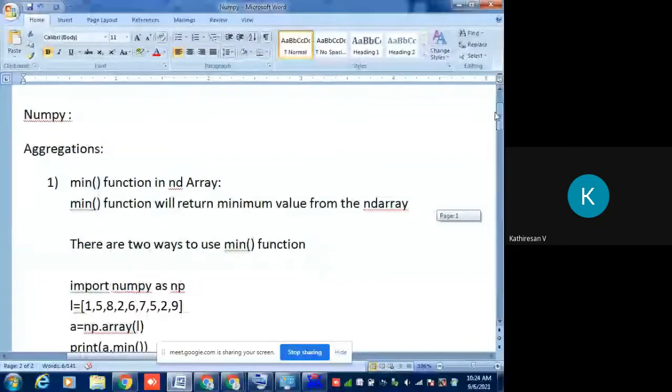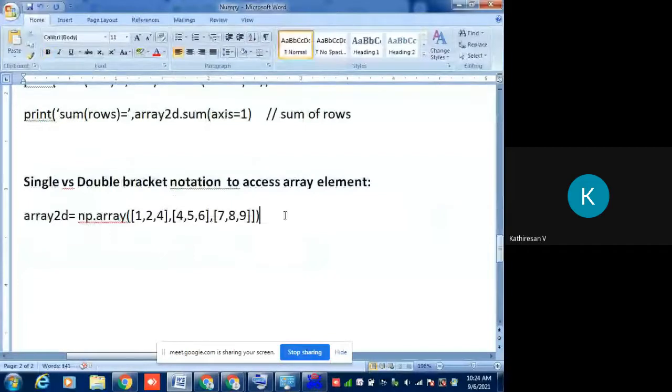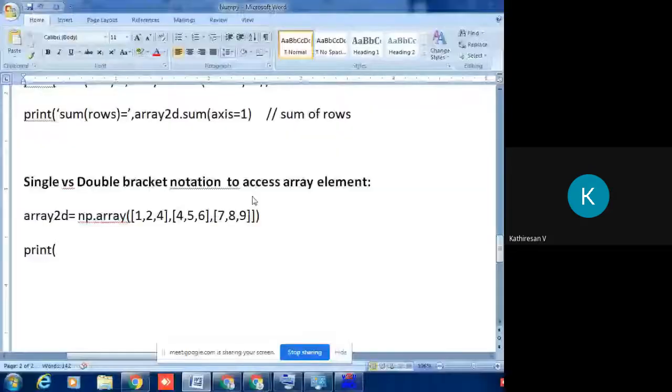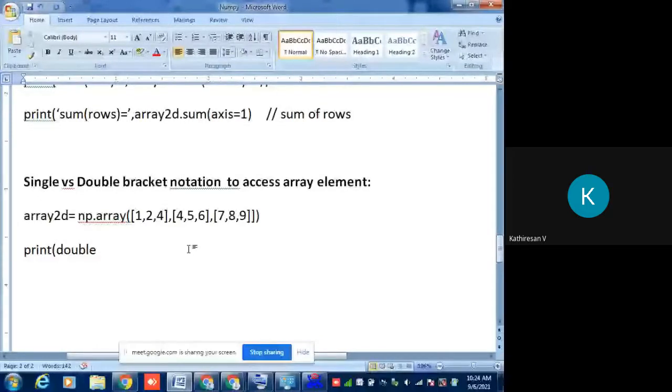Okay, let me clarify that. You can print the elements like double equal to, here I'm mentioning 2 comma 1, sorry, array 2D of 2 and 1. So in this way also you can mention,